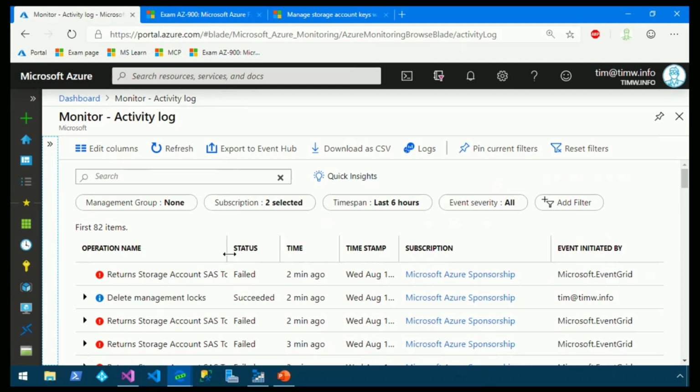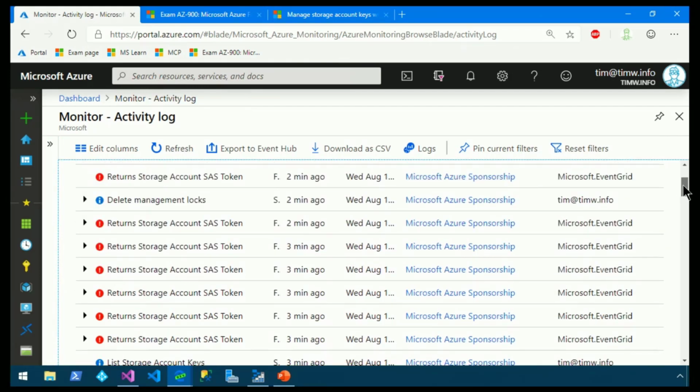It logs every single action. The activity log in particular logs every administrative action that happens. And it does so at such a granular level, you may not even care. Some things in this list will be immediately obvious. The most recent thing that I recognize is this one here, 2 minutes ago,